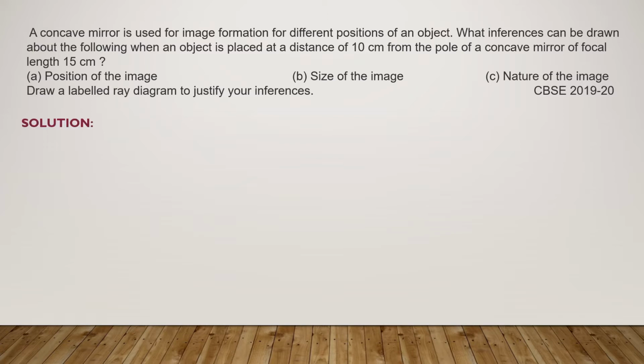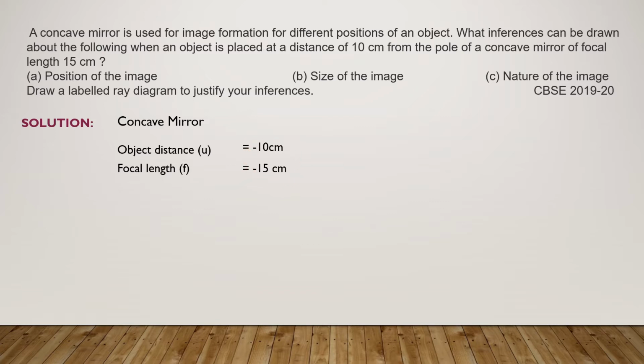So how do we solve it? First of all, we list that it is a concave mirror. Then object distance u is minus 10 centimeter. Why? Because u is always negative, as we have seen in the sign convention. Next, the focal length. Because it is a concave mirror, you should be able to know that it is going to be always negative in sign. So minus 15 centimeter. By looking at these two pieces of information, you should be able to guess some things.